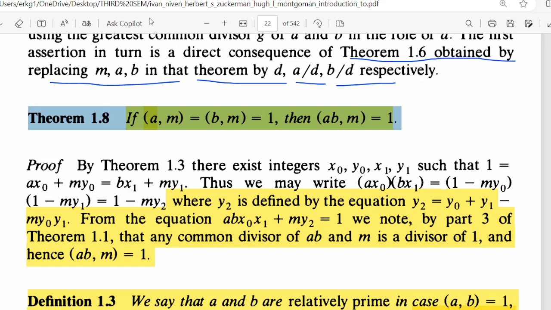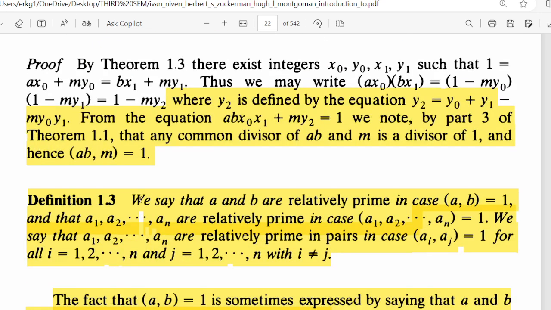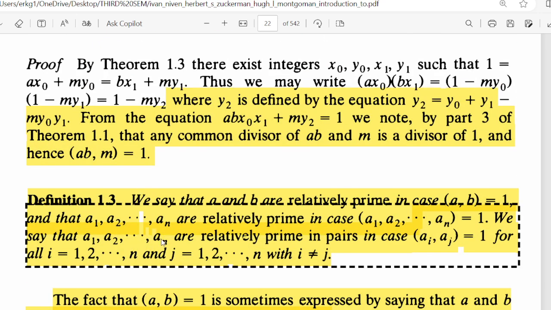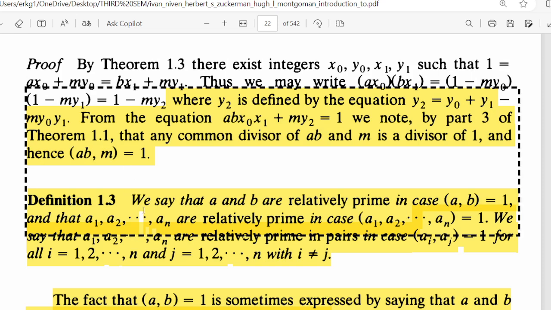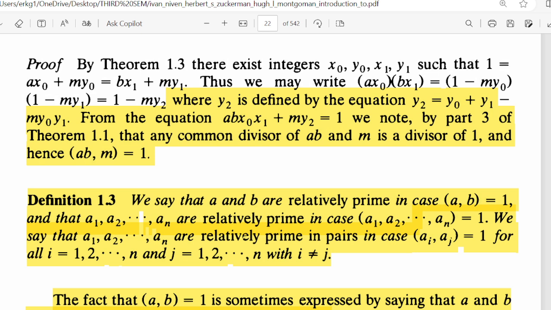Now we go to the next theorem. Theorem number 1 point. Now here is the definition of relatively prime. We say that we